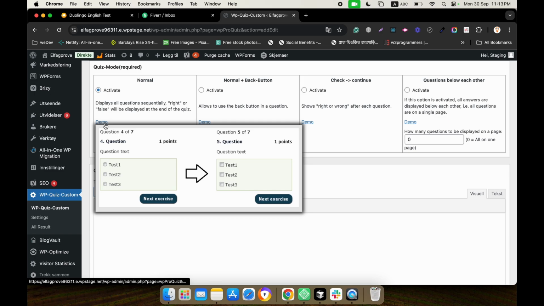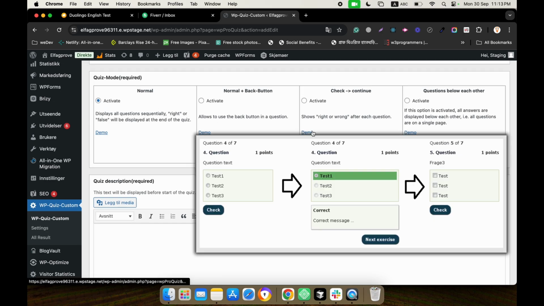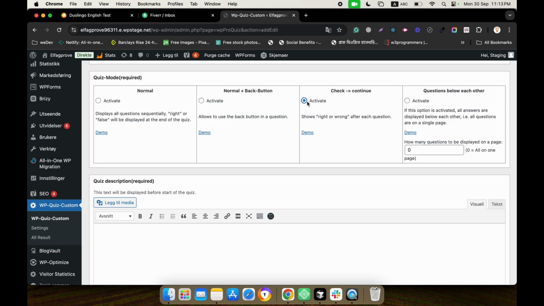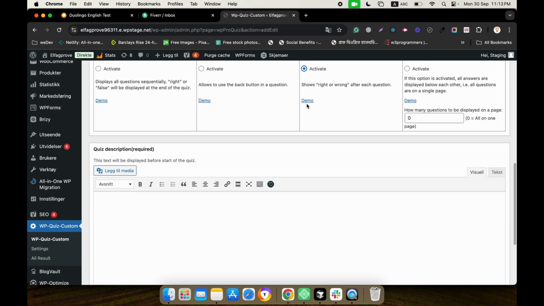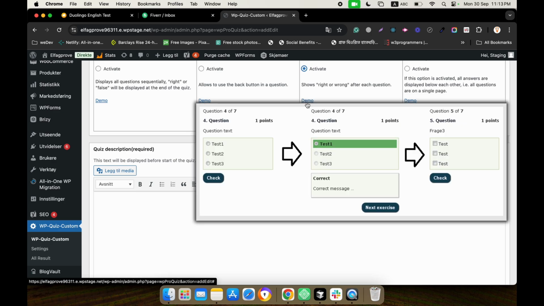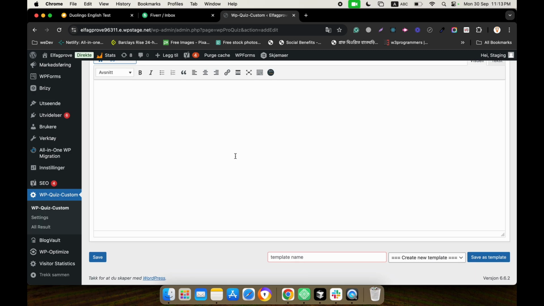This one, and this one also with a back button, and this one is right/wrong. I'm choosing this. Actually, I'm choosing this one. Okay, then